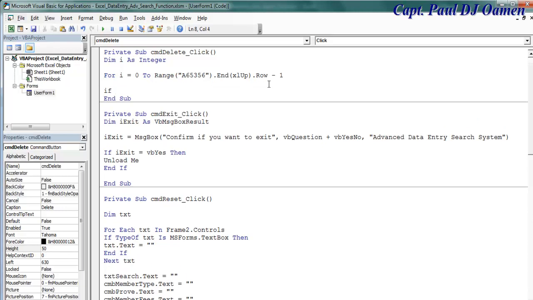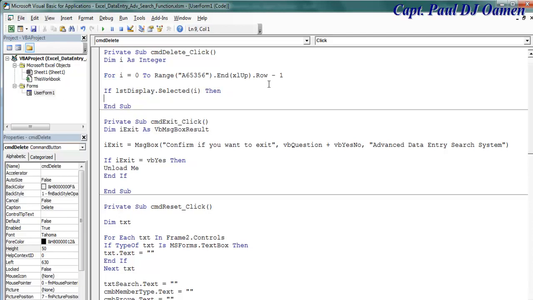Okay, now use an if statement. If lst display dot selected is inside I, then this is what I want. Rows, I plus 1,